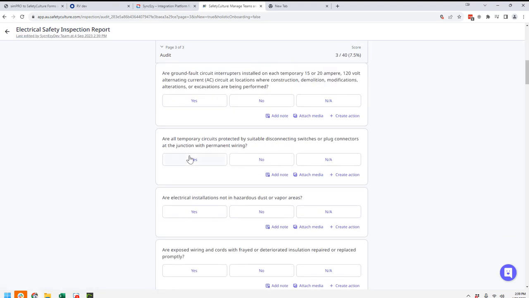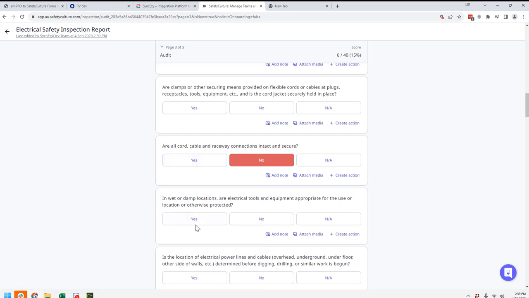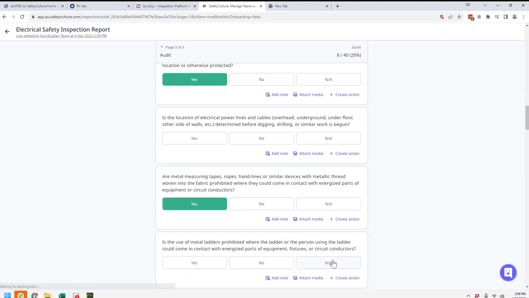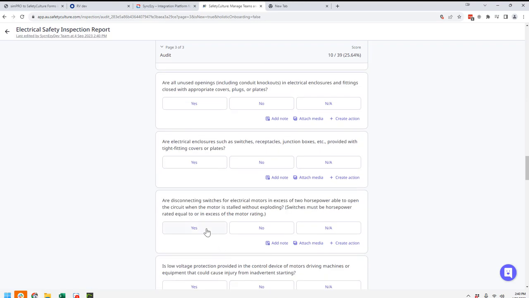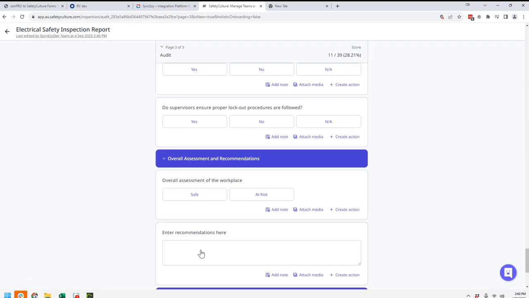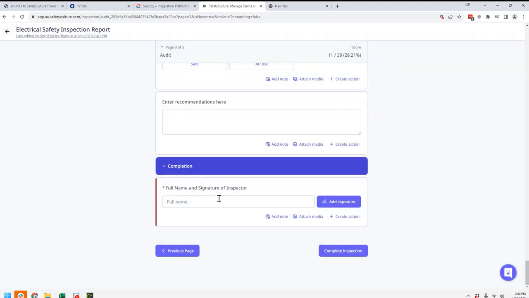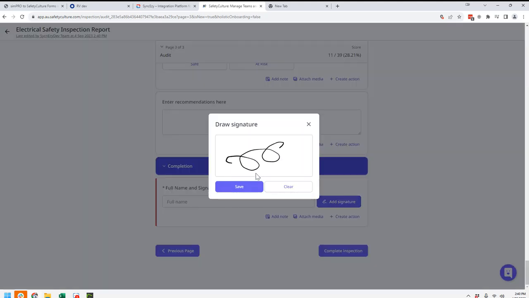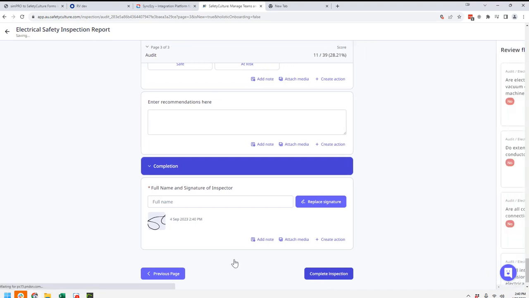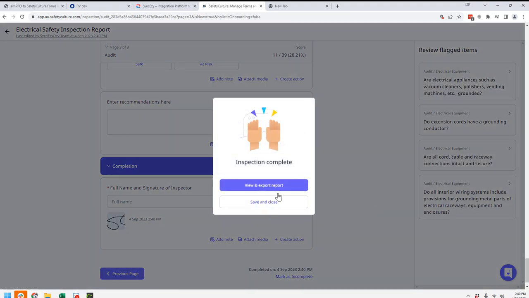Let's say we go ahead. I'm just doing this on the computer, but obviously this is something the technician will be doing in the field. And again, you can use Safety Culture like you would normally. You can have all kinds of conditional logic and smarts built in. For the moment, we will just go in and do this, and once that inspection is completed,